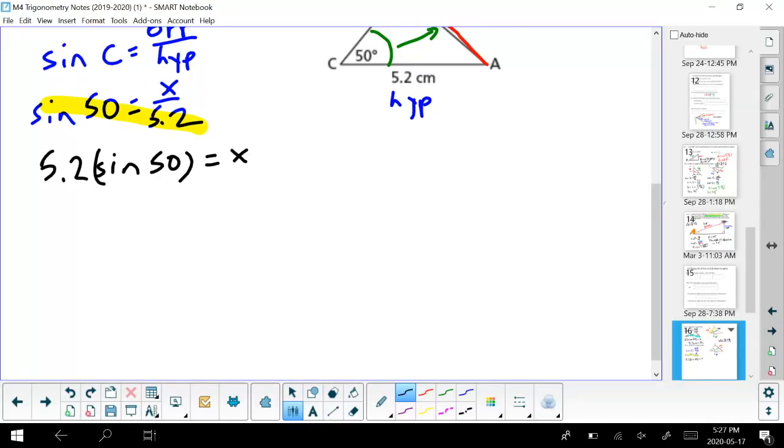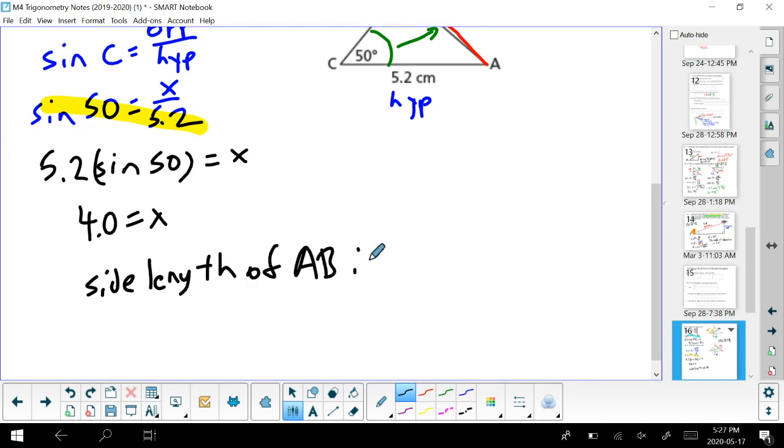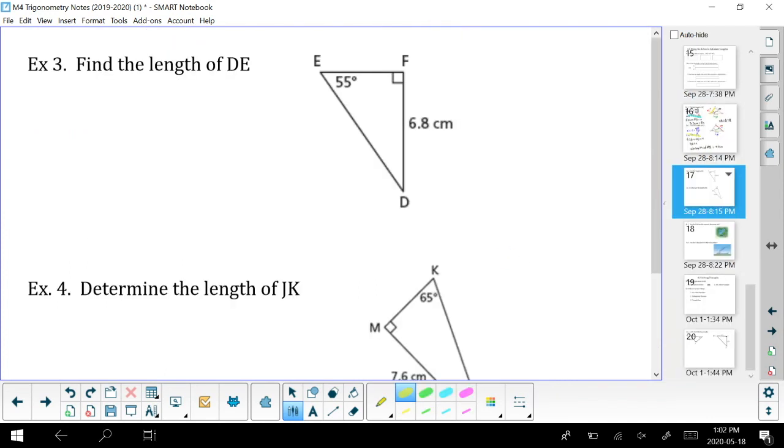So yeah, 3.98 is equal to x, but since we want to round to the nearest tenth here, we can go 4.0 is equal to x, or the side length of AB is 4.0 centimeters. So in question number 3, we're being asked to find the length of DE,